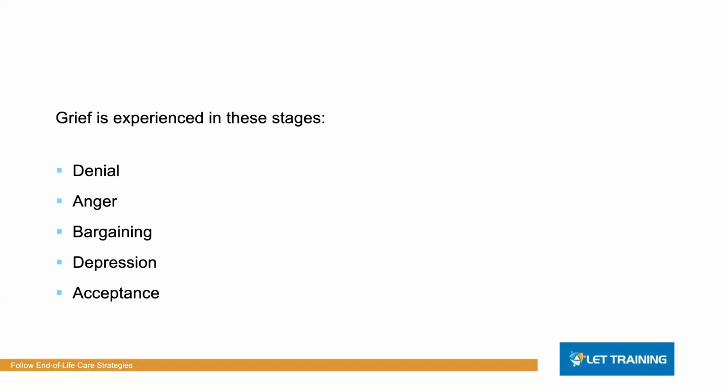Depression. This is the most recognizable form of grief. Emptiness is felt as a consequence of losing a loved one. Feelings of despair and intense sadness are also present. Acceptance. At this stage, a person's emotions start to stabilize. They're accepting the reality that their loved one has passed away. They may start building their lives again and reach out to others.